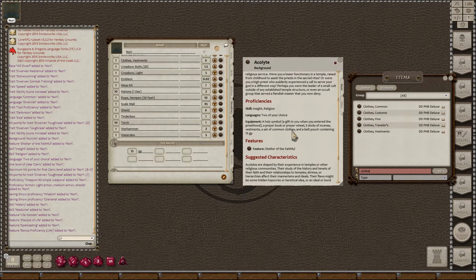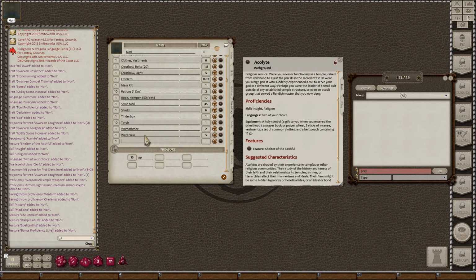And then belt patch, we already got 5 sticks of incense and those kinds of things. So let's come back here and say prayer. All right, so this is one of those things that is not in there, right? So you can come in here and right click and click create item and type in prayer book. Did I spell that right? Prayer book. So now he's got his prayer book in there,